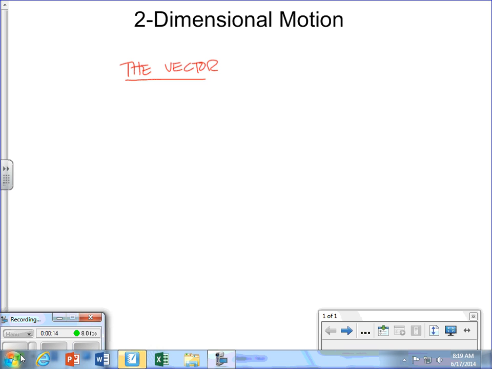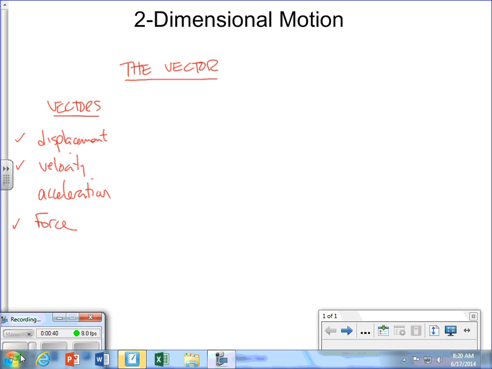Now, in our last one, we talked about vector quantities, things like displacement, velocity, acceleration. We'll introduce some new ones like force. That's a big one. Those are the big ones that we draw. The biggest ones we draw are these. We can represent any of these things